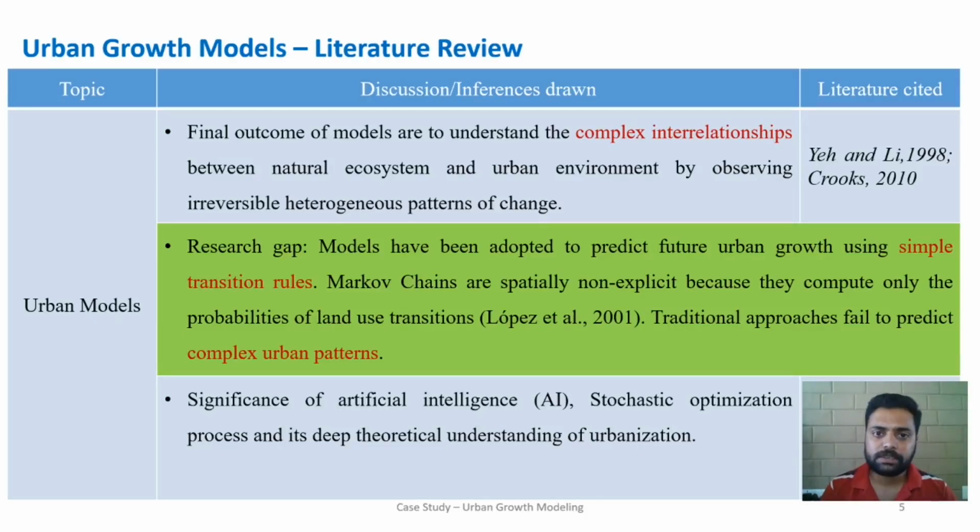So why does this plan fail? Because we are unable to understand the complex urban patterns. So how do we understand complex urban patterns? Using very sophisticated urban growth models, we can definitely come up with realistic solutions. So the significance of artificial intelligence and stochastic optimization is given more importance here, and its deep theoretical understanding for urbanization is the need of the hour. So that is why we are going to model the urban growth with respect to these